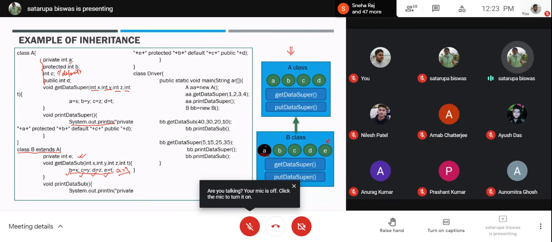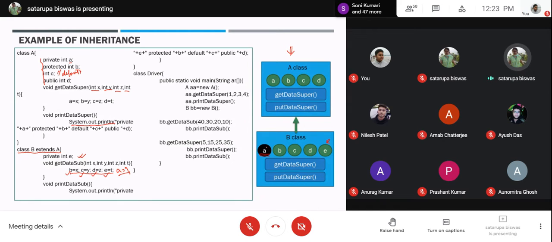It cannot access the private variable of the superclass directly, but it will have the memory space available. And through some other means, you can put the value in A, though it will never be directly accessible from B. Okay, how? We'll come to that. But for now, you just need to know, for A, we will have memory allocation in B, but this is not accessible. You cannot access it, by any means.